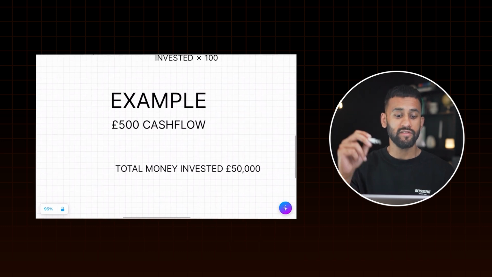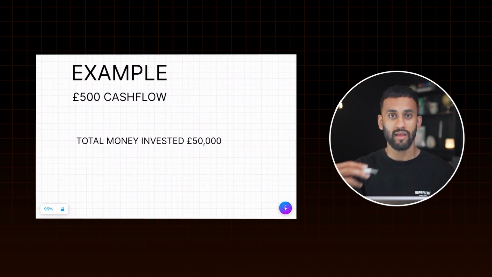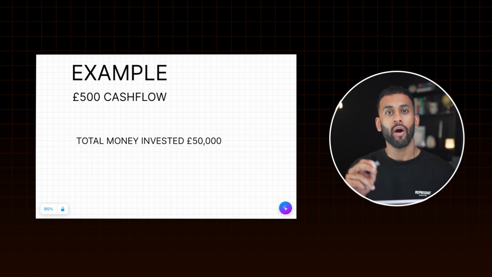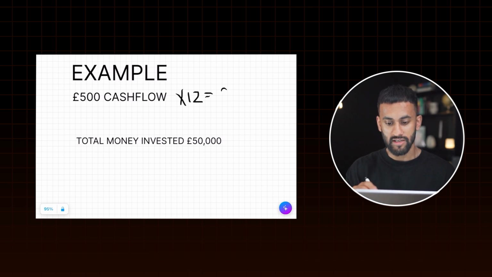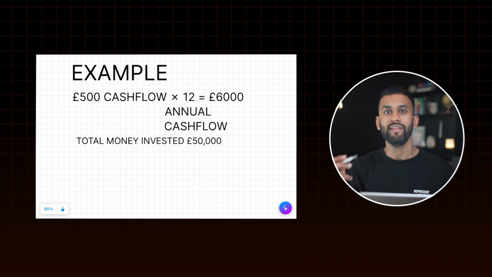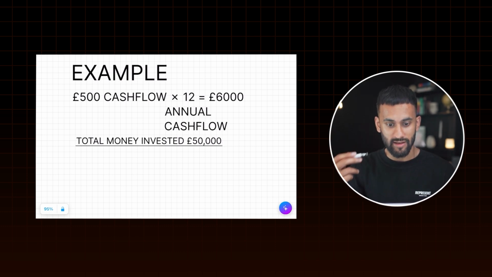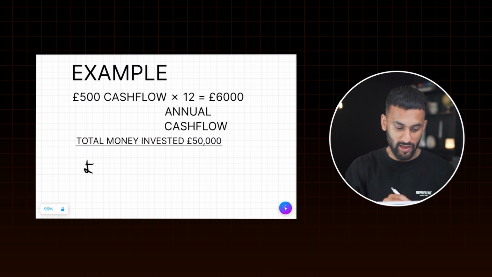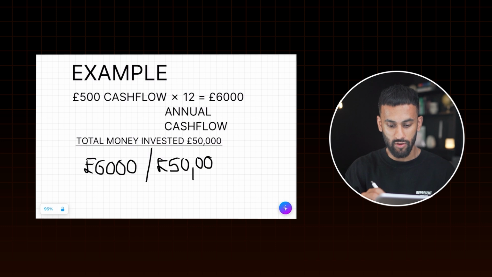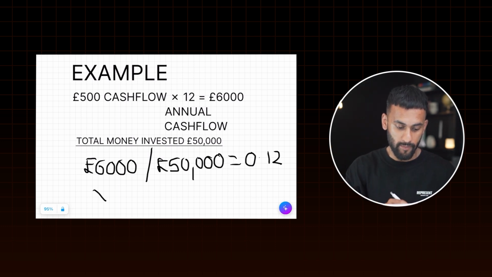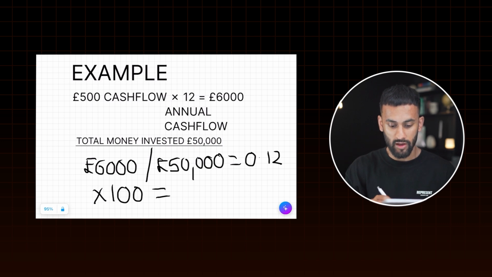So using the previous example of £500 a month in cash flow, if you just times that by 12, that will give you £6,000 in annual cash flow. And then let's say to purchase that property you had to put down £50,000, excluding any bank loans. So your total money invested is £50,000. What you do is you take the £6,000 and divide it by the £50,000, which works out to 0.12, and then you multiply that by 100, remember, and that will give you a 12%